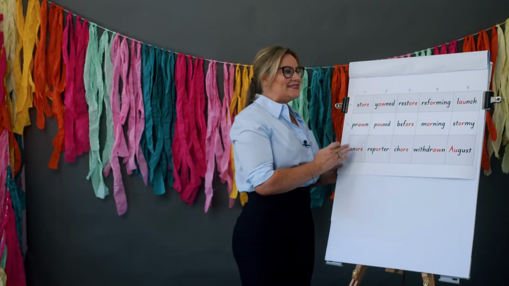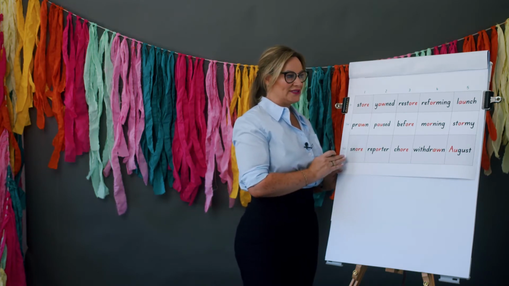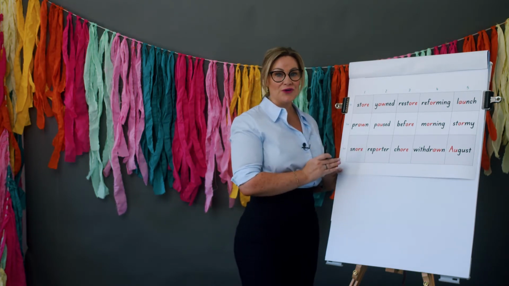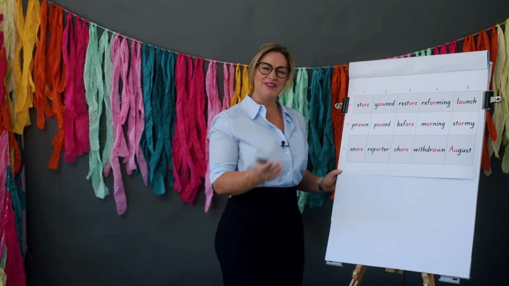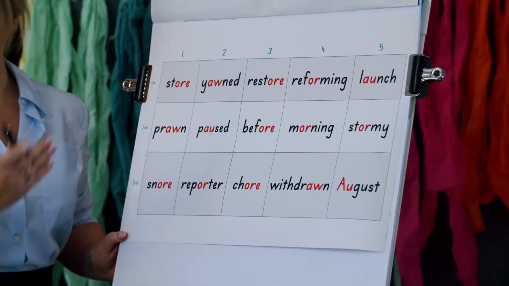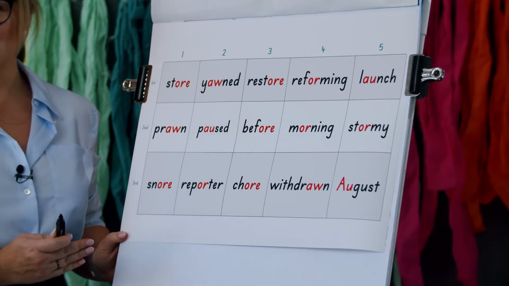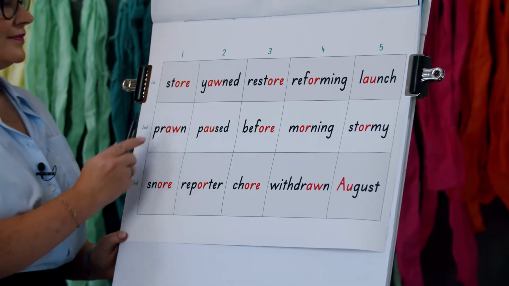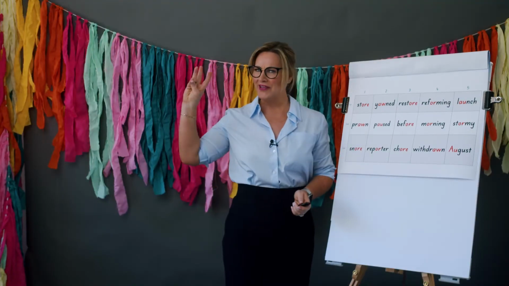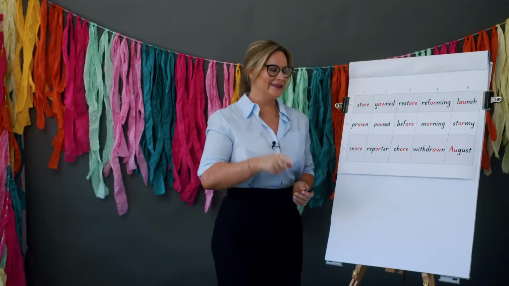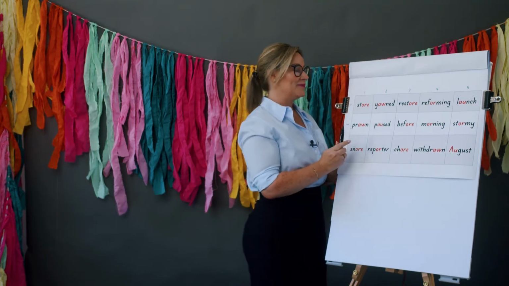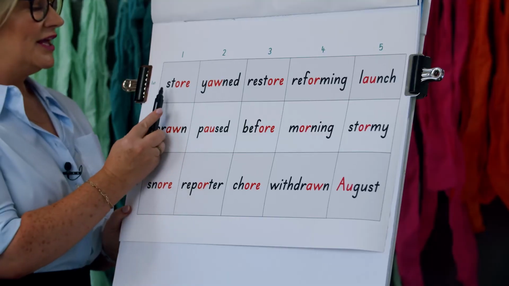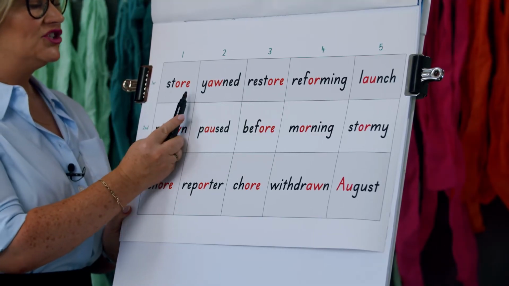You can see that today, for prompting, all of the or spelling choices have been color-coded for us. So, let's tap and say the first row just to get into the flow, and then we're going to read through the next two rows together. Tap and say. Now, I need you over here tapping and saying. I'm watching. I will point on here. Then we say whole word together. Ready? Go. St, or, store,